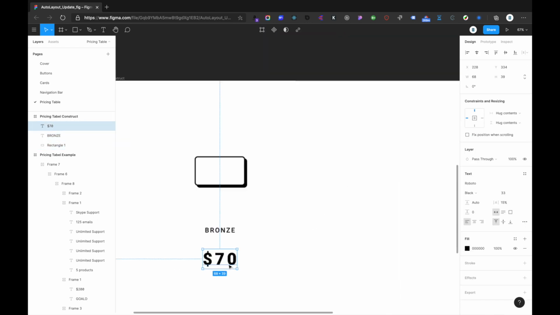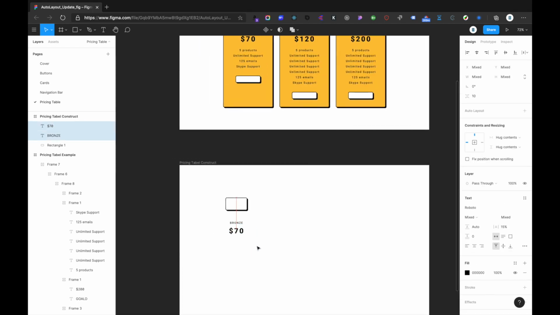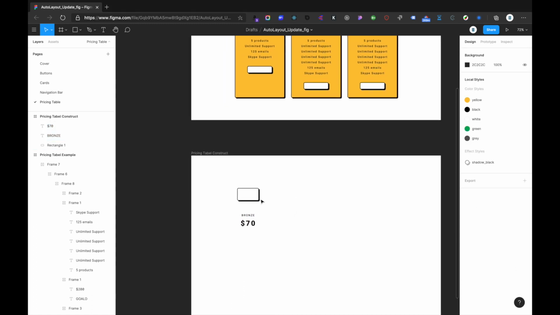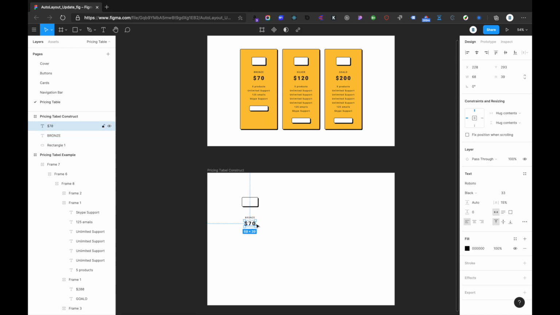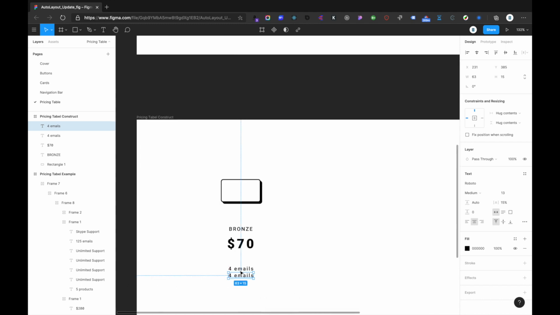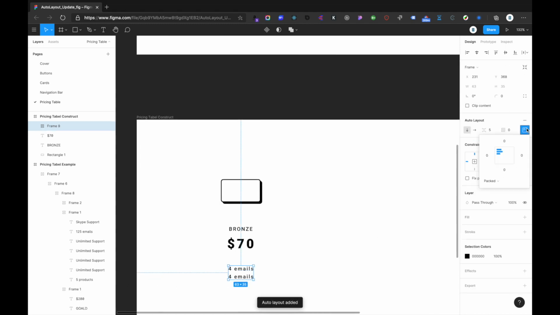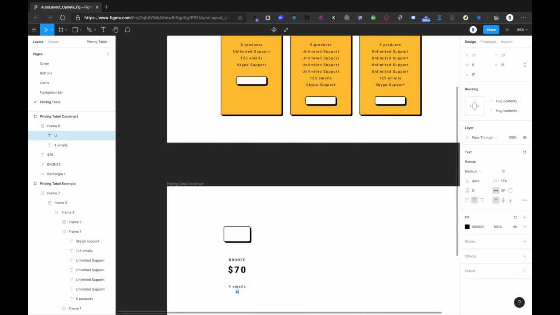then around 10 of space on the top, and 60 of space on the top from here. We can also add some other text like for emails, and then we can add an auto layout and align it to the center. We can add other text like unlimited support,